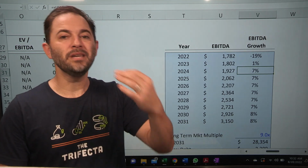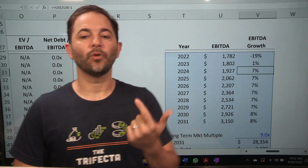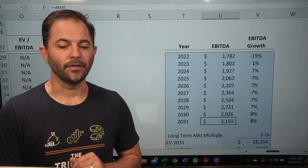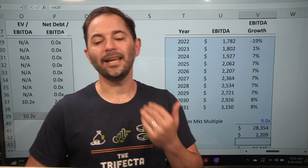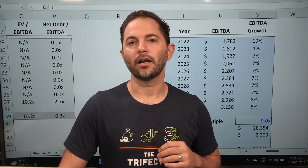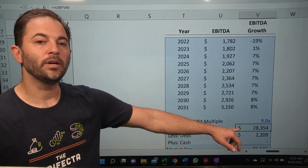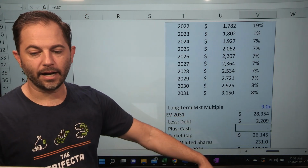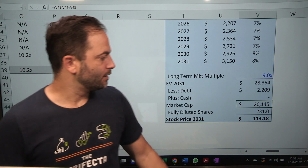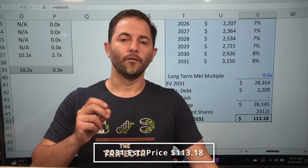And it should grow at mid-single-digit numbers on a combination of retail store growth and price increases over time. We think this is 3.1 billion out 10 years of EBITDA. Now, if I apply a 9 times market multiple, which is less than it traded in the past, and a very cheap multiple for a stock such as this that is growing at an 8% rate or so out in the future, that gives me a $28 billion valuation. If I back off a little bit of debt, I get a $26 billion market cap. Dividing that by the shares outstanding of 231 million, I get a $113 price target for Bath and Body Works